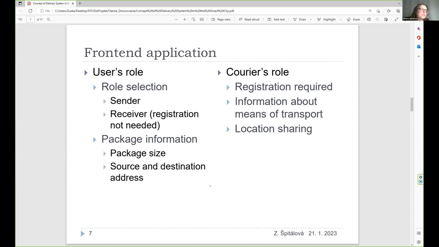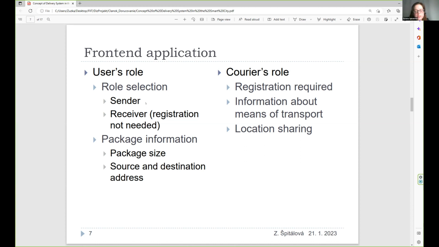And by user role, there is a need for another role selection, because if you are the user of this app, you can act as a sender of some delivery package or as a receiver of some delivery package. If you choose the role of the sender, so you have to fill some required information. So it's your address, the destination address, some information about the package which you would like to send. And after that, your delivery package is created.